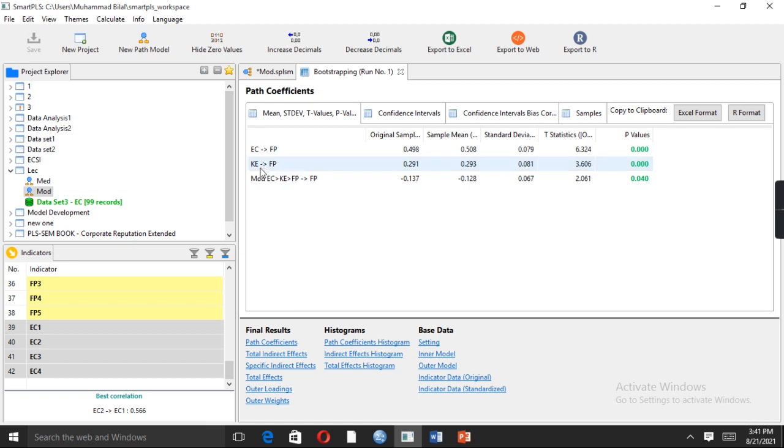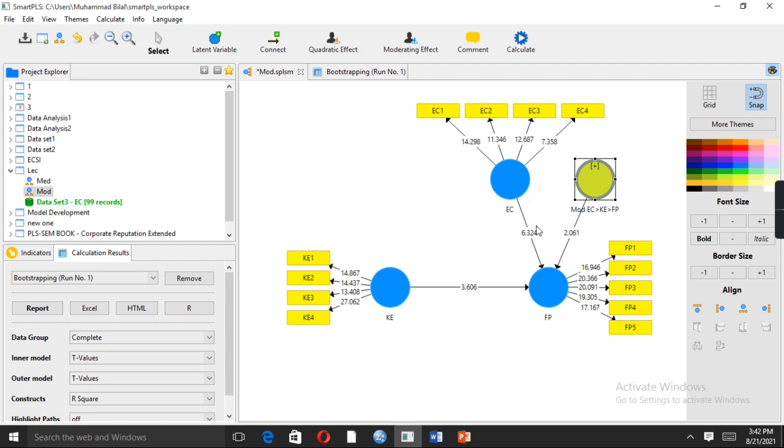So here we are. This one is knowledge exploitation's impact on firm performance. We can see that the t value is greater than 1.96, which is 3.6, and the p value is less than 0.05, which is 0.000. So in this case we accept hypothesis 1, that knowledge exploitation positively and significantly impacts firm performance. And if we look at our second hypothesis, which is basically the moderating role of environmental consequences between knowledge